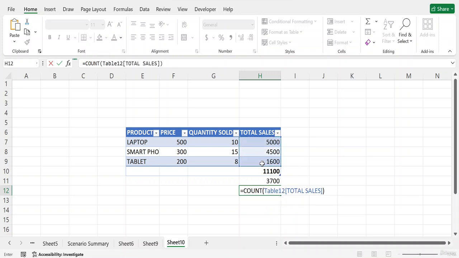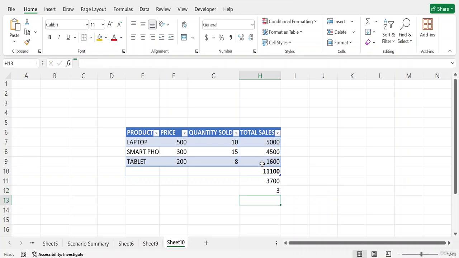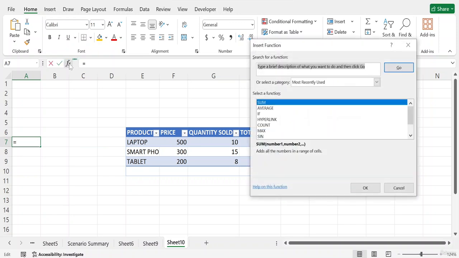We can see that there are only 3 items, but in larger sheets we can't count manually. So we will select the ranges, then the function will return the number of product IDs or product numbers. Then we can know how many products we have, and if I press enter, it will give me the answer 3.